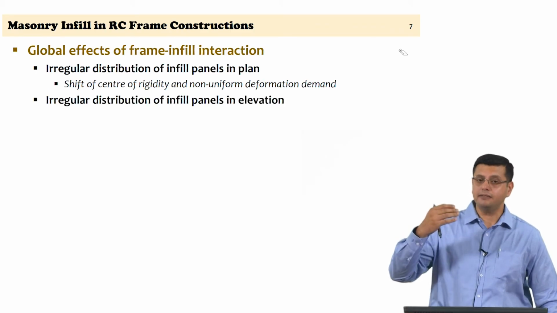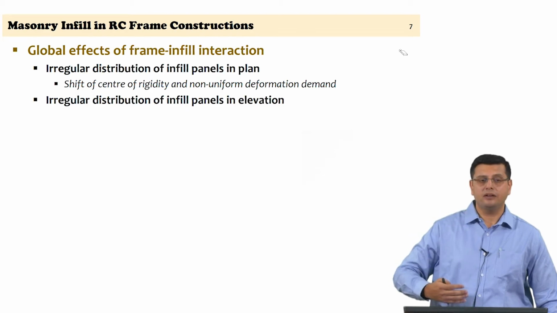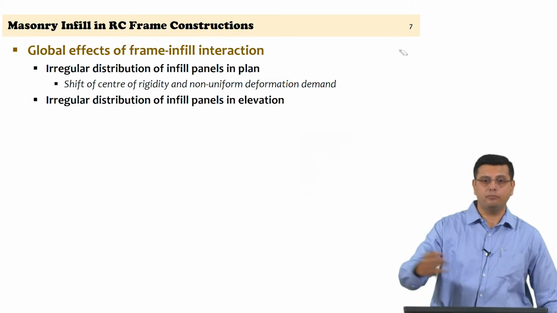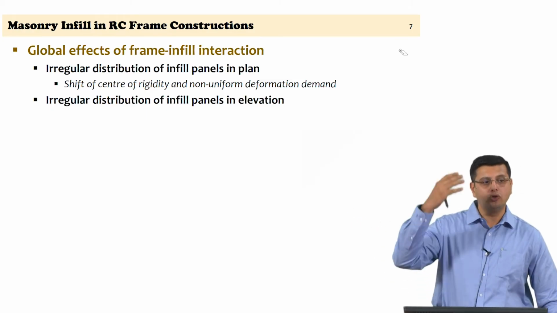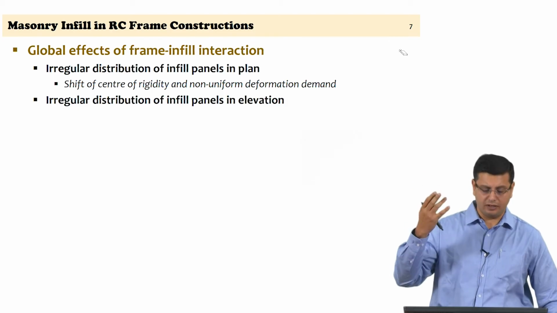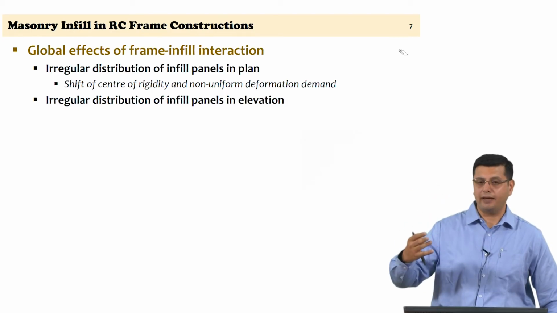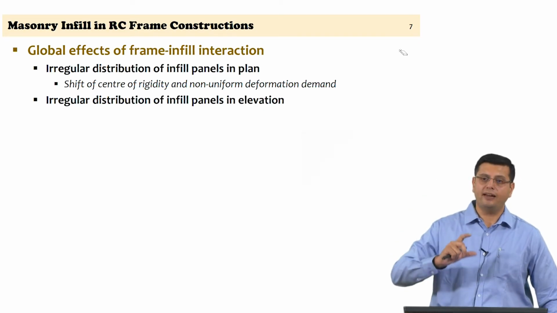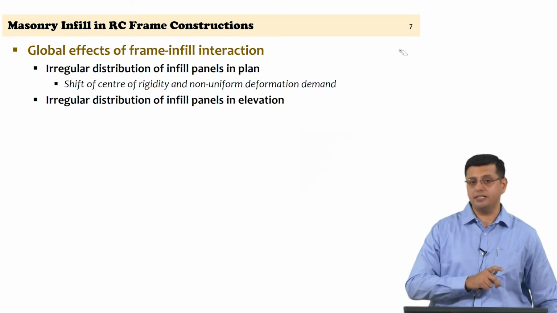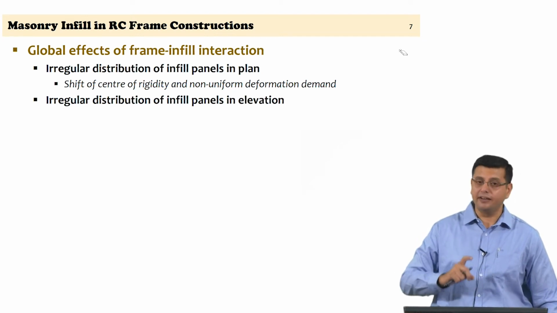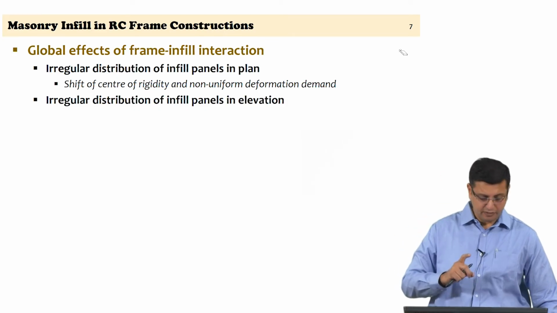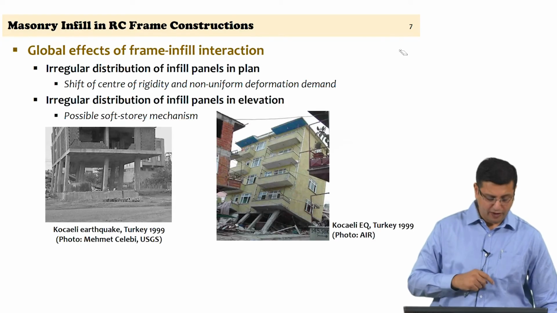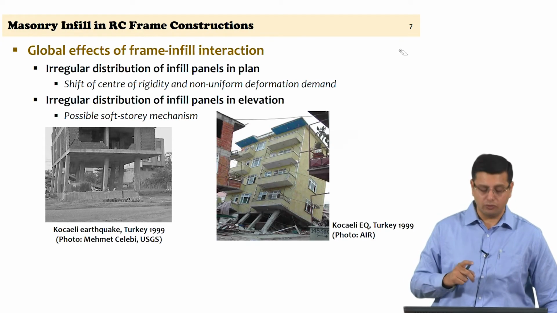What about in height? You could have a similar situation. Let us say you have the ground story which is meant for parking, and it is a bare frame literally in the ground story, whereas as you go to the upper stories, residential buildings or commercial complexes, you have a large number of infill panels. Now, the stiffness of the upper stories is very different from the stiffness of the ground story, and unless this is considered in the lateral force design, then you have an irregular distribution of stiffnesses in elevation and can trigger soft story mechanisms or the failure mechanisms that are typically seen with the open ground story, as you can see